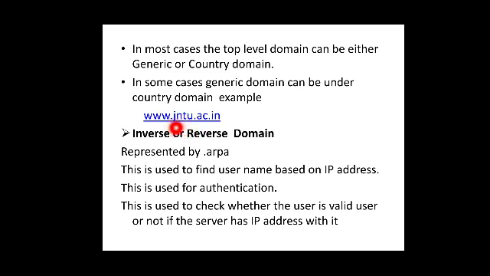The next part is JNTU. So it will go to that JNTU. After reaching JNTU, what is the application? Here www, that means it is a web page related application. Then it will reach the server which is holding the web page of this JNTU. It will fetch the IP address of the server which is holding the web page of jntu.ac.in, and it will reply with that IP address. Okay, so that is the thing.